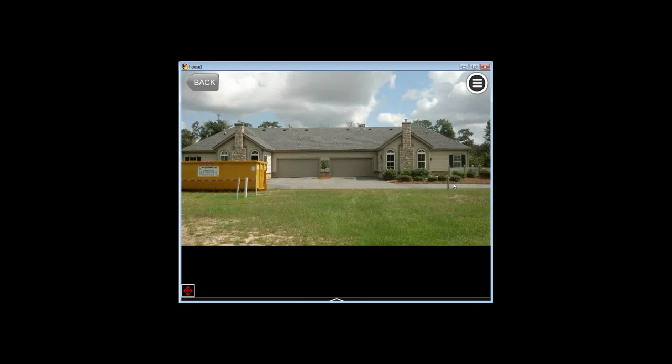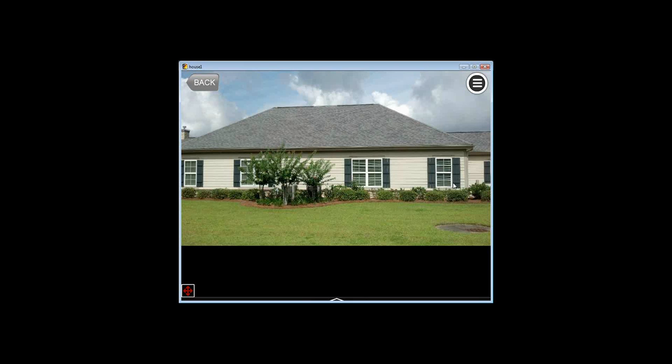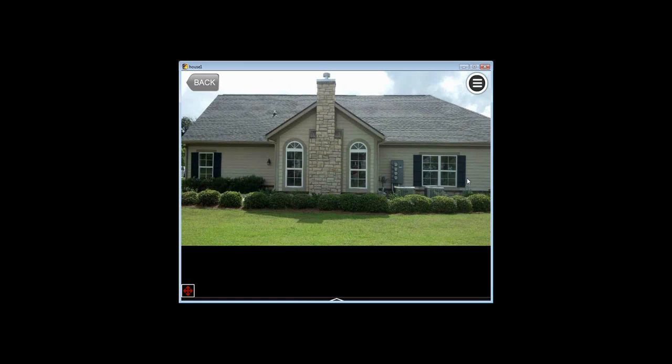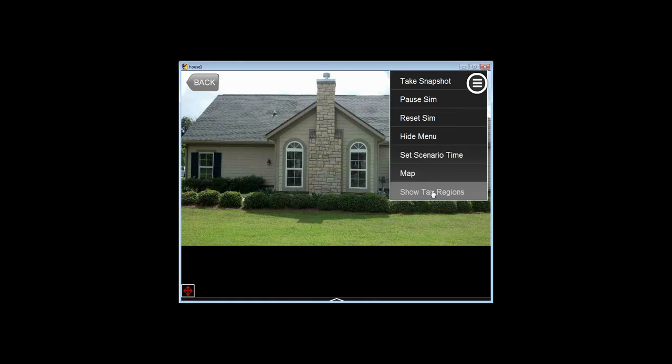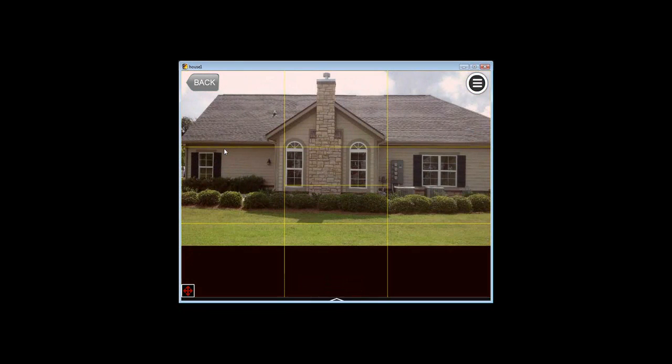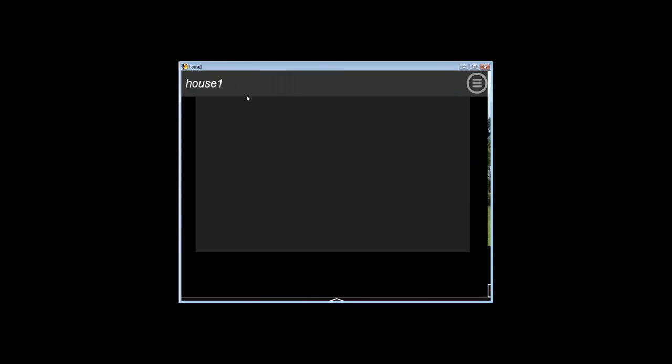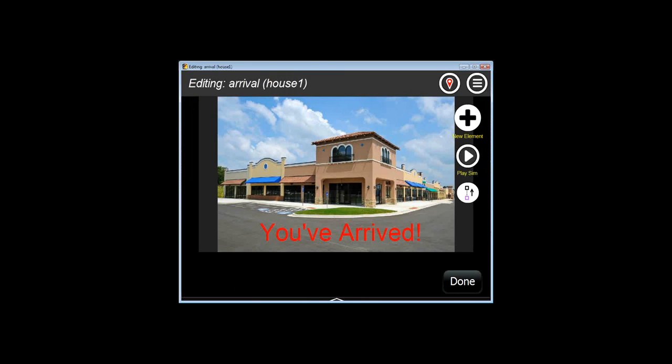You may want to do this for convenience, or also if you wanted to go somewhere you didn't want your students to see where you're going, and that's going to be for condition progression. But so you have the tap regions as well as, and the show tap region just reminds you where the dividers are, as well as keyboard shortcuts for the Windows and Mac version. So that gives you a sense of